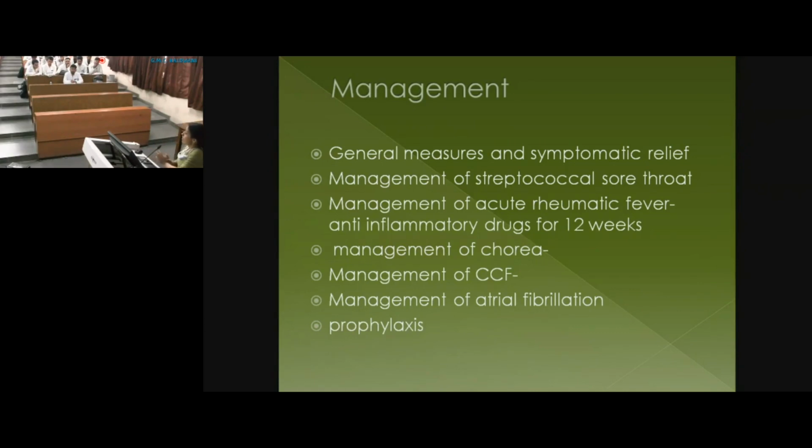Injectable penicillin. What are the types of injectable penicillins you have? You have benzyl penicillin, which is given 6 hourly. Then you have procaine penicillin, which is given every 24 hours. Then you have benzathine penicillin. So which penicillin are we giving? We are giving benzathine penicillin, which is given every 2 to 3 weeks, 3 weeks at least. We prefer it here, and it is always given after a sensitivity test. This is one drug which can cause anaphylaxis. Any drug can cause anaphylaxis, but penicillins are especially known to cause it. So whenever you are giving it, it is always after an AST, that means a sensitivity test.